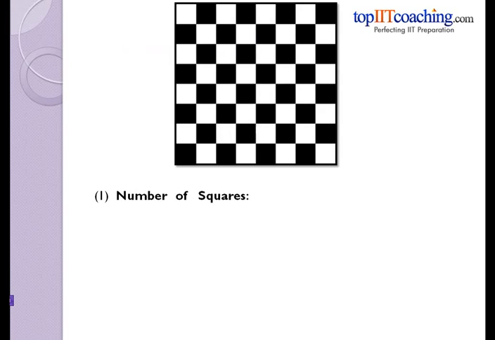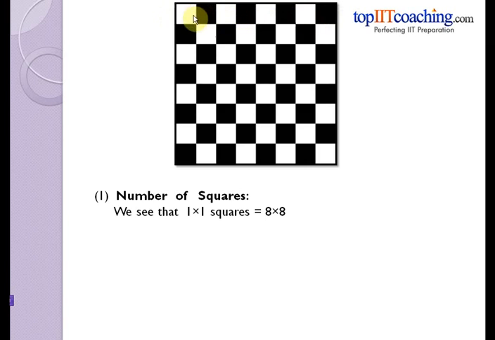Let's look at the first part, that is calculation of the number of squares. So this is an 8 cross 8 square board. Now first we have to calculate the total number of squares. So what we see here is that first we calculate 1 into 1 squares. So this is a 1 cross 1 square, 1 cross 1 square, 1 cross 1 square, that is 1 unit multiplied by 1 unit. So for the first row we see that there are actually 8 squares, and